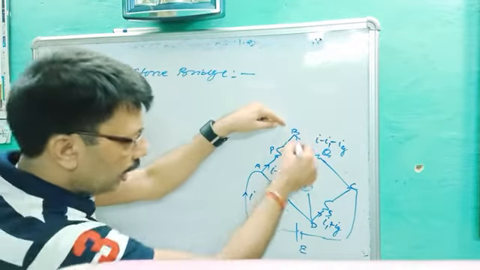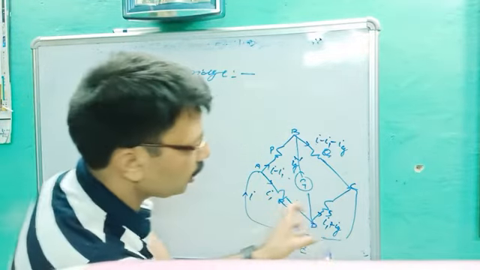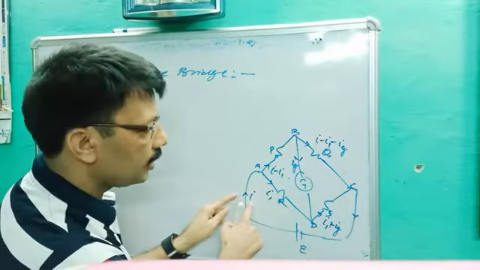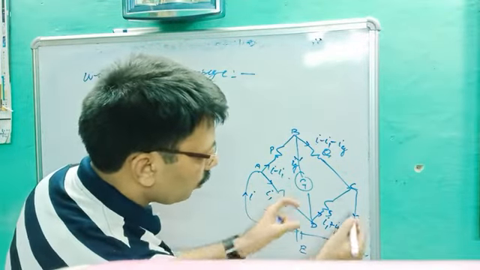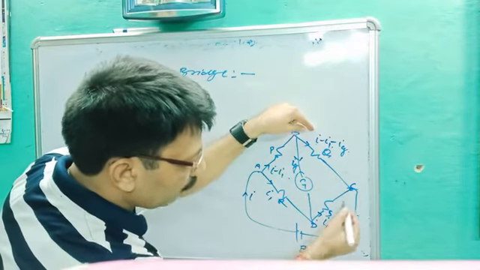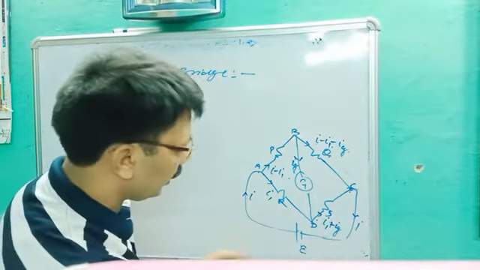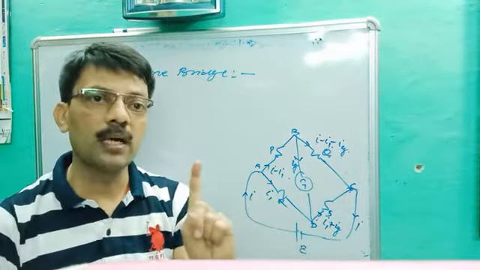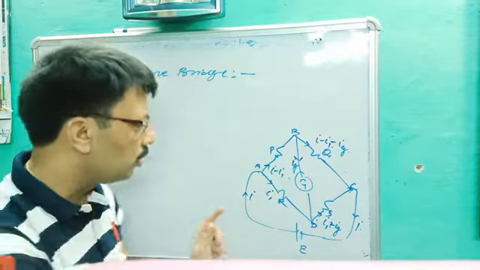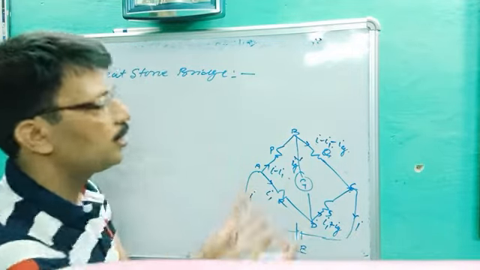Very easy. IG current is joining the D junction, I1 current is joining the D junction, so the total current moves that way. It will be I1 plus IG. Here the current was I. If you add them, it should be I. So I minus I1 minus IG is joining C, and I1 plus IG is joining C. So I1 cancels, IG cancels, and the total current is I. You can check there. In one branch only one current will be there. Let's suppose here the current became I minus I1, then your current distribution would be wrong. But here I supposed current I, and we are getting current I. It means our current distribution is very clear.